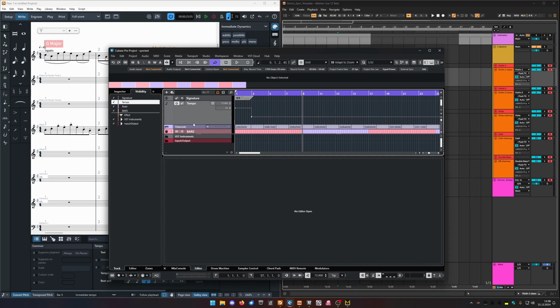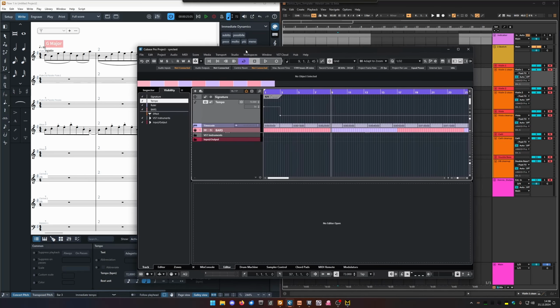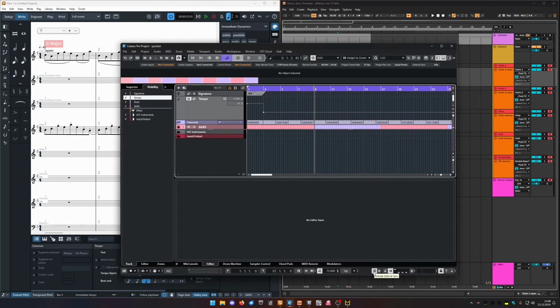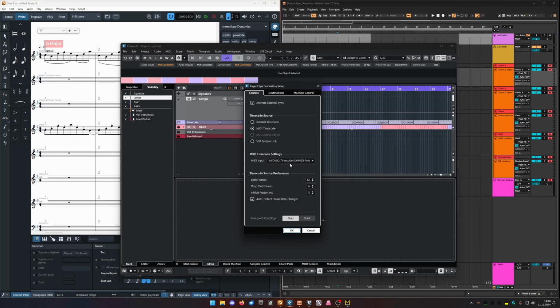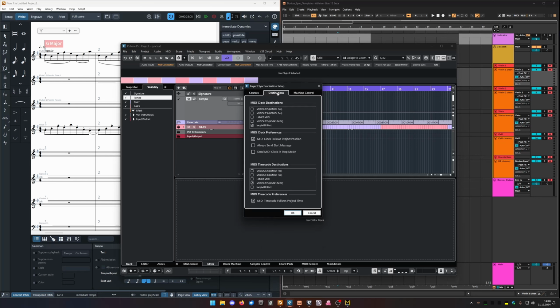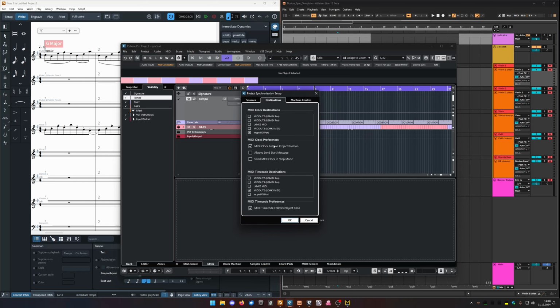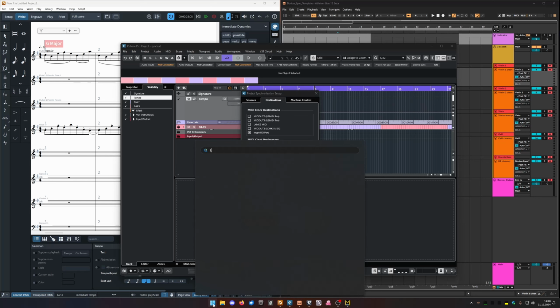And then you have to activate the external sync control right here on the bottom. As you can see, the source is coming from Dorico. I choose the MIDI timecode because we have a timecode signal. And you have to activate the external sync. And I convert the signal in Cubase with this synchronization setup to be outputted as MIDI clock, and I choose LoopMIDI. It's a tool